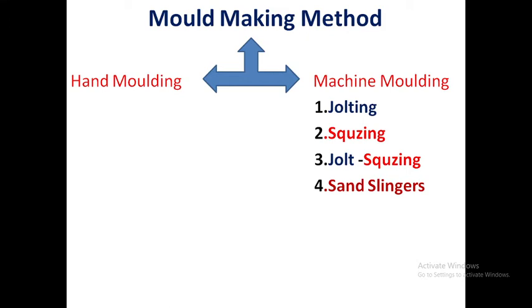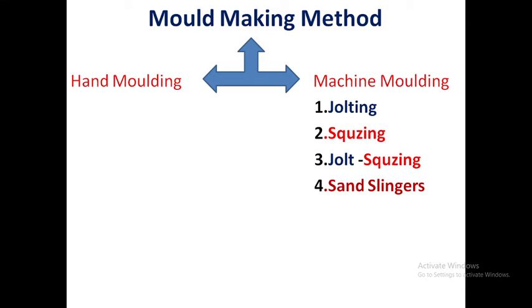that is the different characteristics of the sand. First, permeability, which is nothing but the ability to permit the gases to escape through it. Second, refractoriness, that is the ability to withstand high temperature. Cohesiveness, that means the ability to retain a given shape when packed into a mold. And last, collapsibility, which is the ability to permit the metal to shrink after it solidifies, and ultimately to free the casting by disintegration of the surrounding mold. Okay, so these properties we have seen.